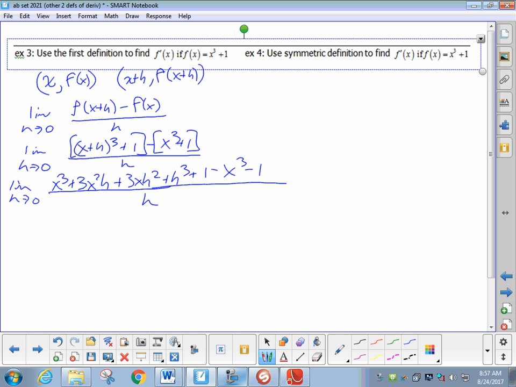Knowing those binomial expansions is not a huge issue for calculus. Although if you're going to be a math teacher, you better get to know that. All right, how does the numerator simplify? The x cubes go away. Okay, so I hear you say h cubed, I agree, plus 3x squared h plus,